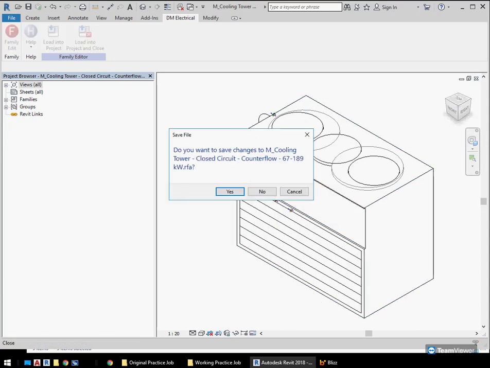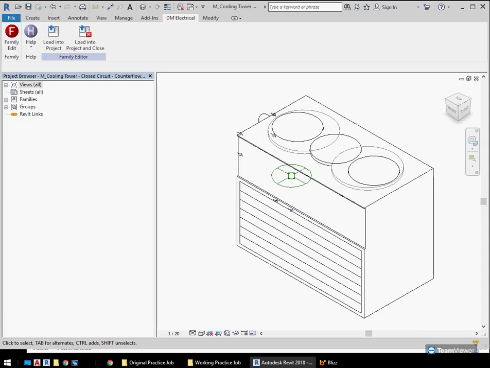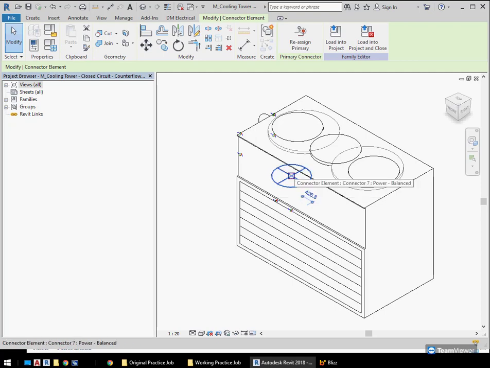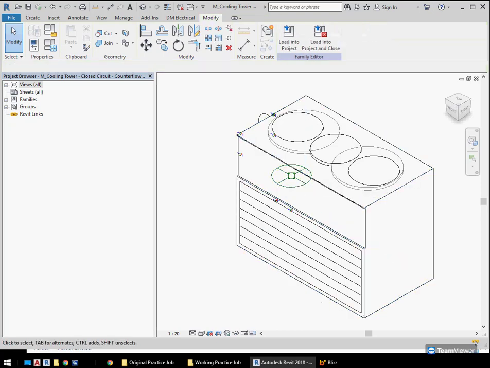And for those motor loads, there's one more thing you have to do to get the fault calculation as a motor load. On your connector in your family, if you select the connector,